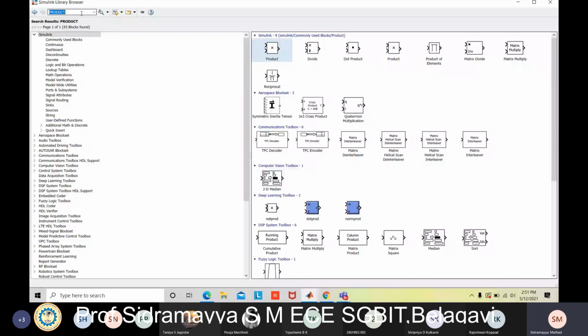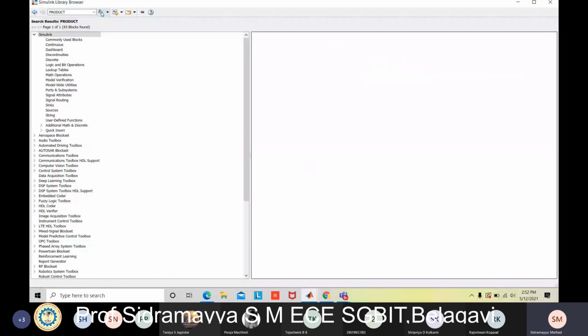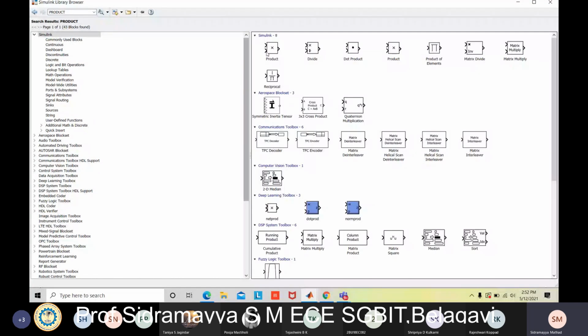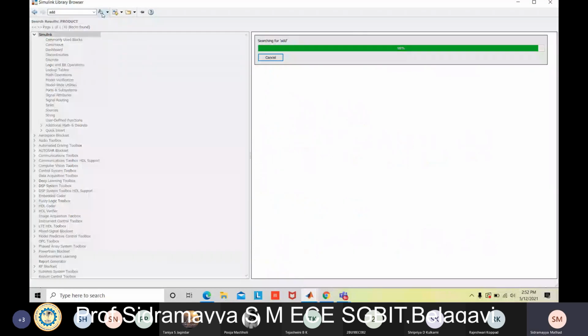Search it, right click, add block to model. Product is done. Next is the adder. We got here Add, just right click and add block to the model.